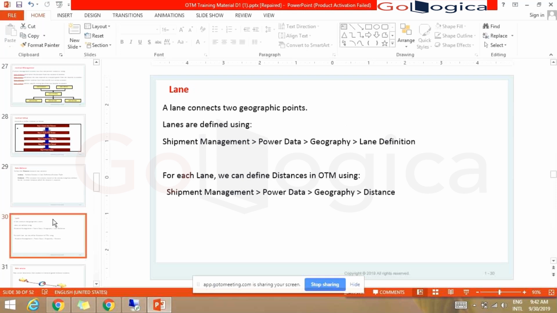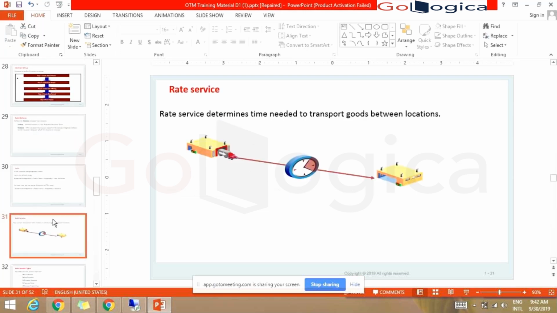A lane basically connects two geographic points. Generally, a lane defines whether it's source to destination. In the rates, we'll generally have the lane information. We'll define an itinerary, and rates will have the lane information. How it has to pick is defined by whether it is city to city, location to location, or region to region.